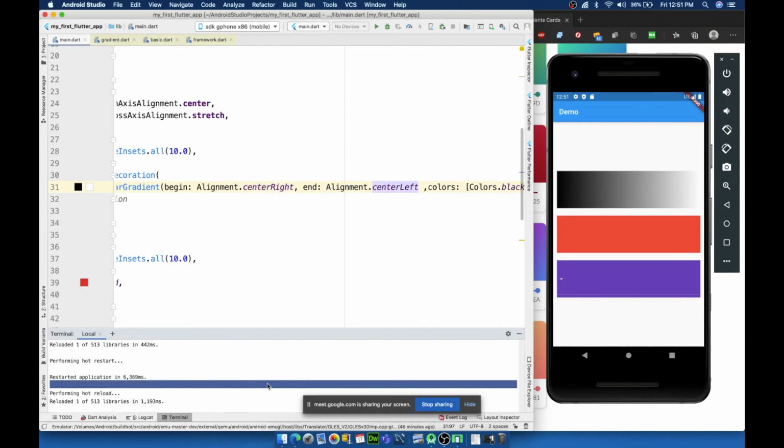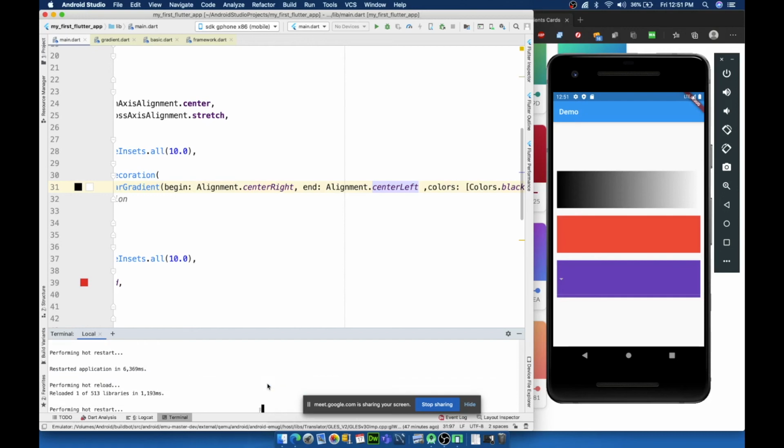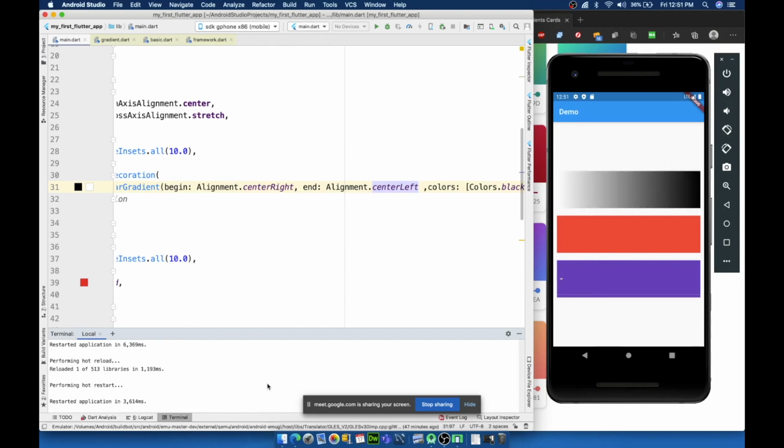What do you expect the output to be? I have switched the directions. What do you expect the output to be? Somebody, can you tell me what will be the output? Are you confused? Yes? Sneha, white on the left side. You're right. So that's the output. Michelle and Sneha, your guess is right. White on the left side.